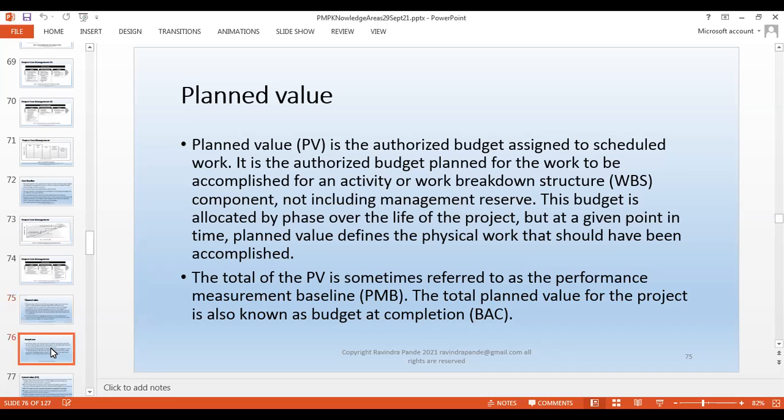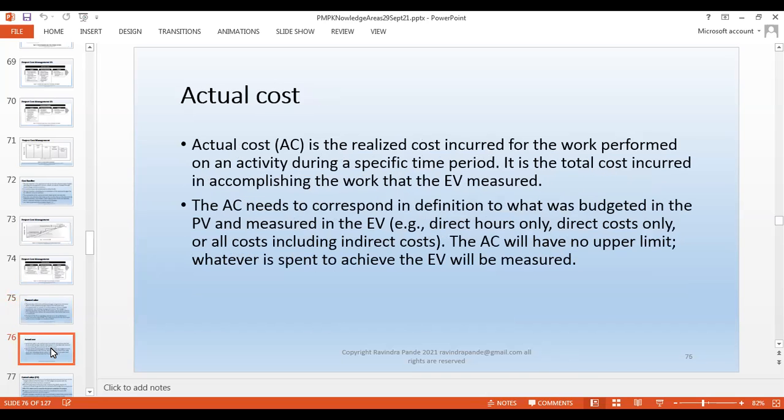Okay, let's take a step further. Actual cost. Now, planned value versus actual cost. If I start understanding, I'm taking a stock of today. Today is 22nd October. So I take a stock of my actual cost as of today, right? So what is actual cost? How much I spent in terms of man, material, machine as of today, and whatever I have achieved in terms